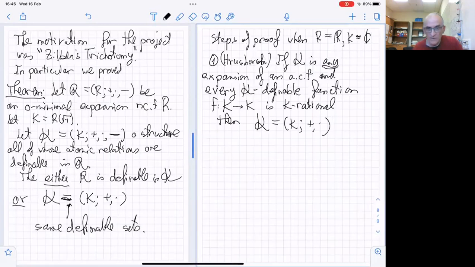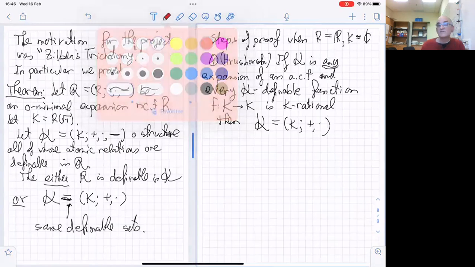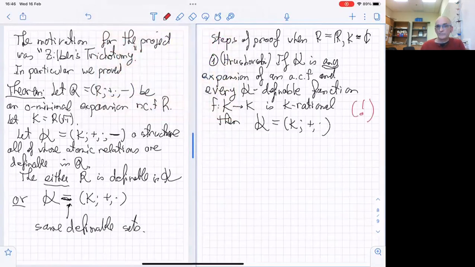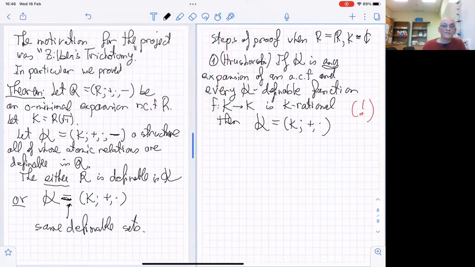It's enough to know that one-variable functions are definable in the field to conclude that every definable set is definable in the field. This is a beautiful proof. Very simple, basically. It just uses what's called Chow coordinates, elimination of finite sets. I highly recommend looking at the paper. It's in one of the first papers of Udi on expansions. I think it is the fusion paper, if I'm not mistaken. Very beautiful proof. I suggest everyone go look at it.